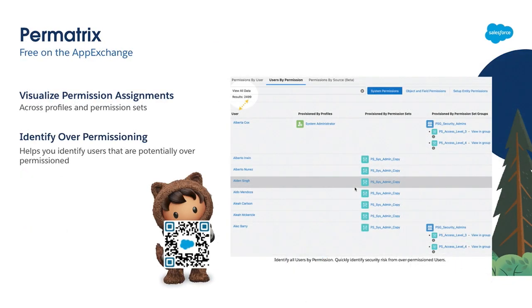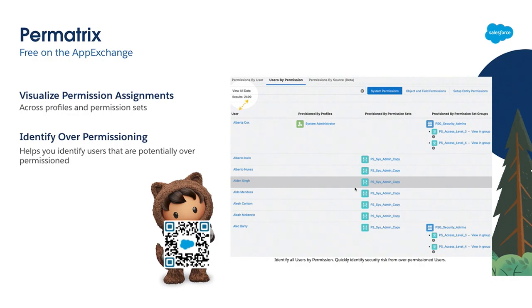And Steve, can you talk to us a little bit more about Permatrix? Yeah, so in doing this profile and permission set review, looking through them, I was doing it the old school way with Force.com Data Loader and Data Loader IO and Workbench, but I went around the AppExchange, I downloaded Cheryl's app, great app. But another one that really intrigues me, I've just started to play around with it, but it's really, really intriguing,